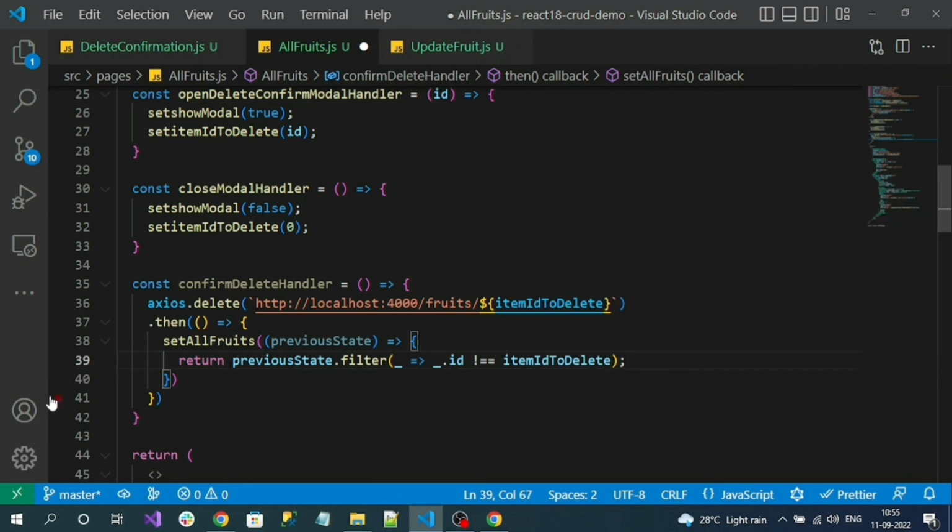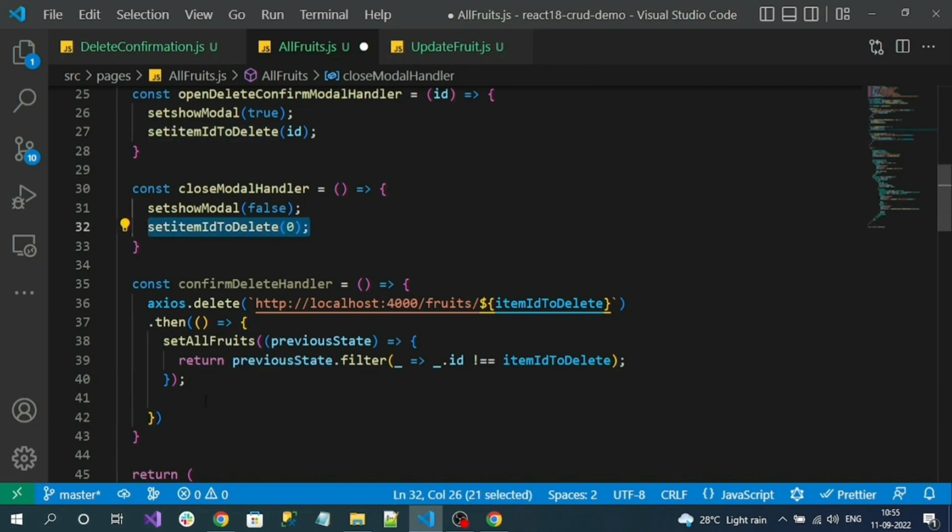Okay, I'm setting new state for the all fruits by removing the deleted item from the existing state. Okay, so after deleting, I want to set item to delete back to 0. Okay, add that line, and finally I want to hide the model, so I add this line as well. Okay, that's it,